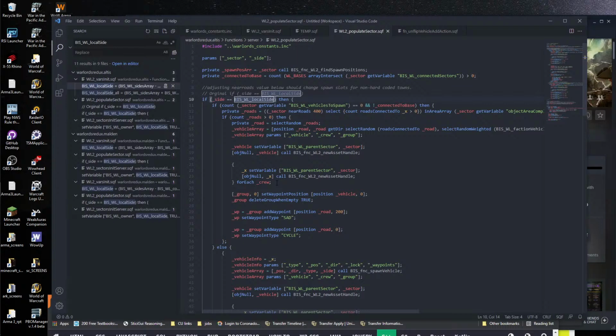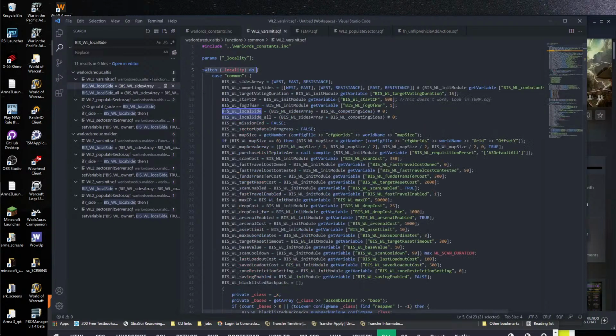I say that like I know really what it means, and I don't fully know what it means, but I know the way we were going about fixing this was probably the wrong way to do this, because it's setting up this variable right here, and it's switching locality to, and it's doing stuff down here. I don't fully understand it, that's why we can't get this working, but that being said, we're going to try,